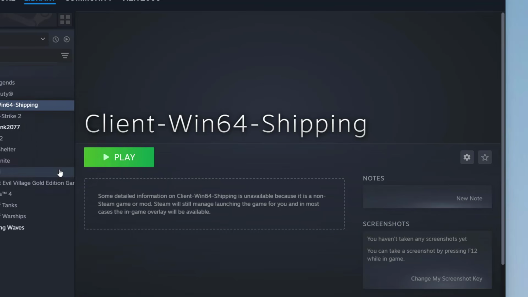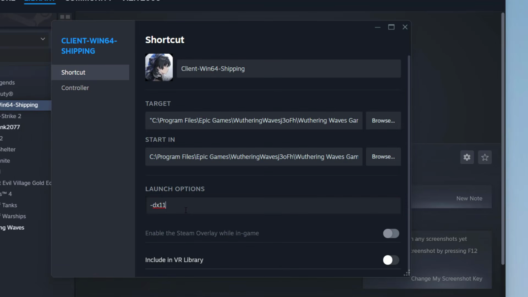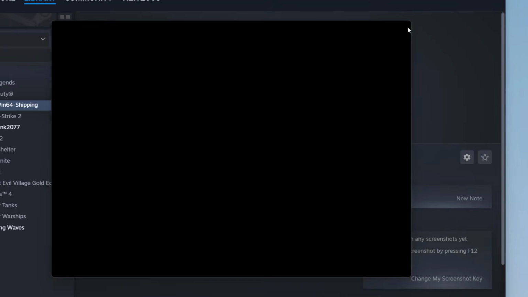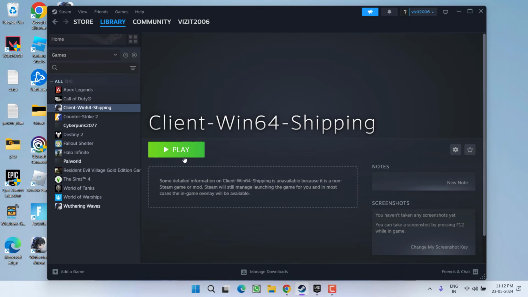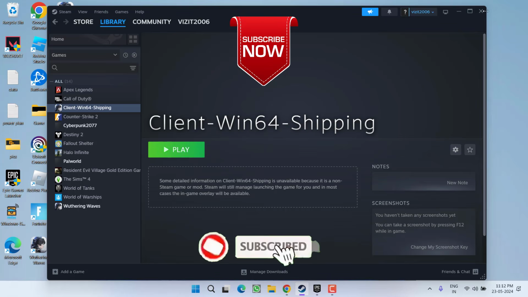Else, in properties and launch option, change it to DX12. Once you have done these changes, close it and then go ahead and play the game. I mean, you need to do a hit and trial between DX11 and DX12 to play and launch the game easily without the error code UE4 client game has crashed and will close. So as of now, this is all about it friends.